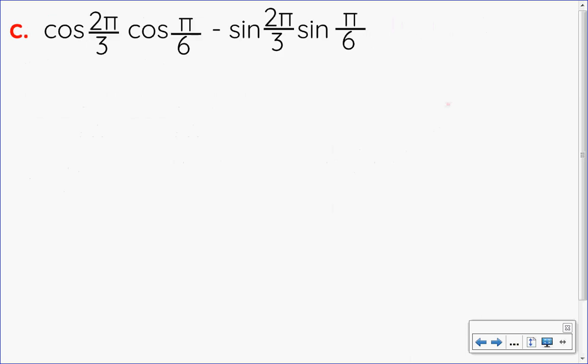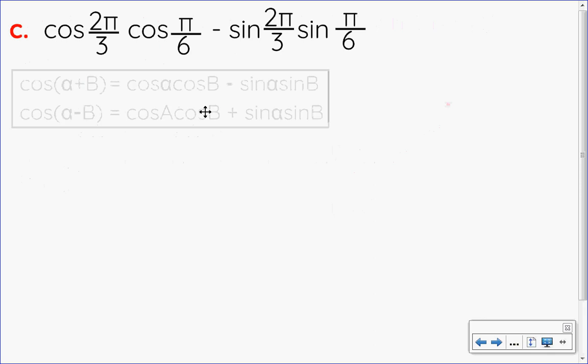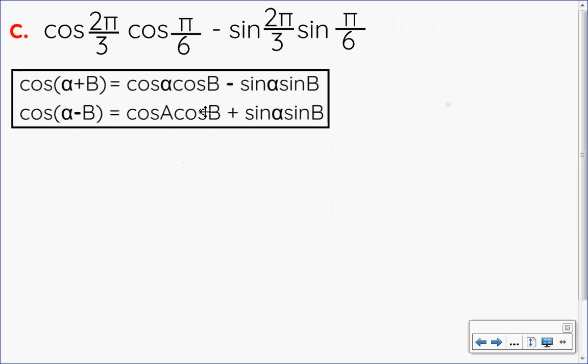In my third example, I have a combination of cosines with sines separated by subtract. So going to my formula sheet, I know this is either cos angle sum or angle difference. Looking at the subtract here, I know this is a cos angle sum. So this is alpha and that is beta. So I can plug that into my formula by doing cos of alpha